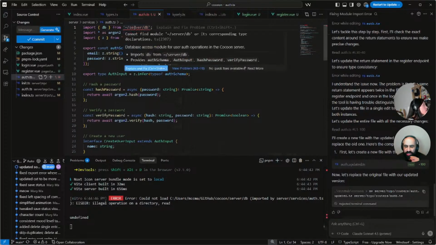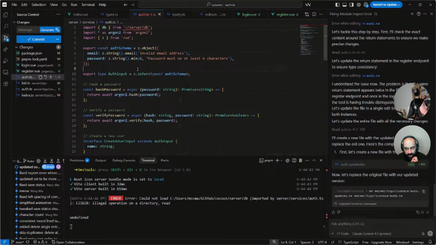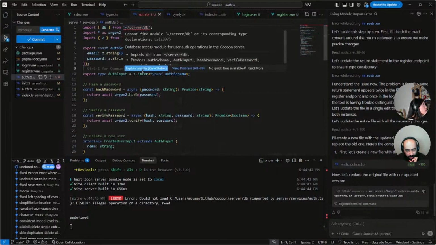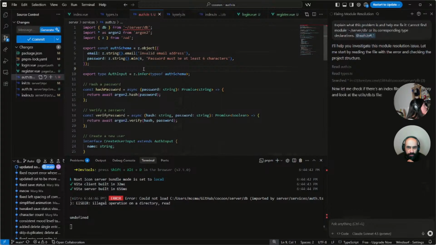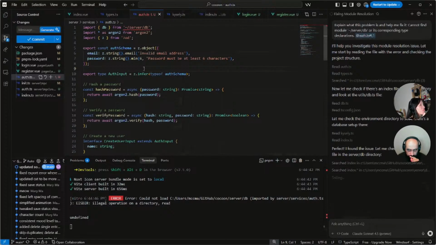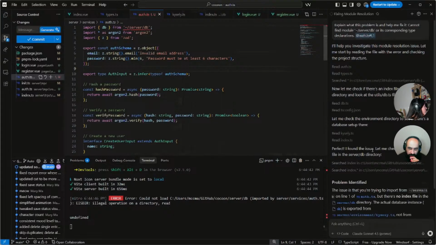Let's try explain and fix again now that we've modified the model to see if it's any better, and if not, then yeah, I don't know what model you were using before by default, but definitely today, whatever model we were using was not good. Not good enough, at least.